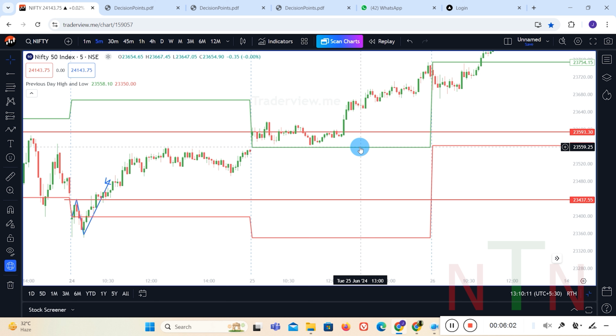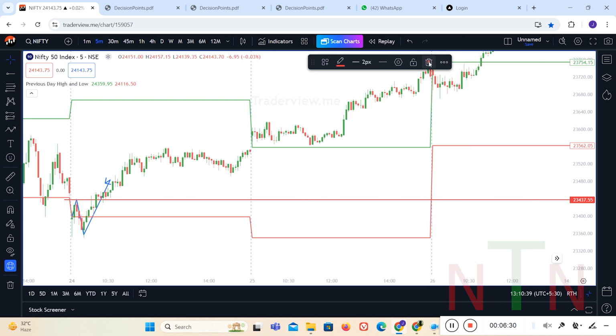Our strategy is we have constant levels, like previous day close or previous day high. I have price action, I have an open price, and based on that I am taking a decision and entering into a trade. We don't need to rush into a trade. It's not required that you are in a trade every day. You have to see whether the market is falling into your strategy. I'm clear with my strategy.